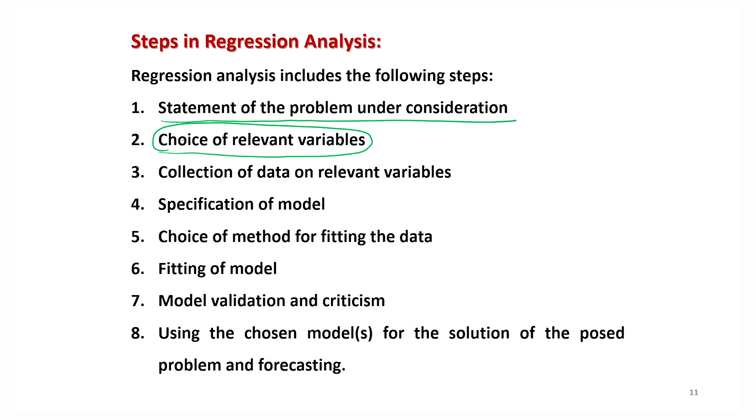If you try to look at the nature of the problem, then you try to see which of the variables the outcome is going to be affected by. There will be a large number of variables. Some variables may contribute more, some may contribute less. If you try to increase the number of variables, that will increase the complexity in the mathematical computation. So you have to strike a balance by choosing those variables which are contributing more to the outcome, right?